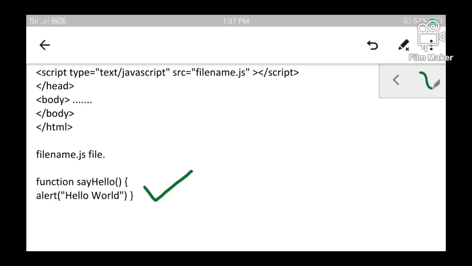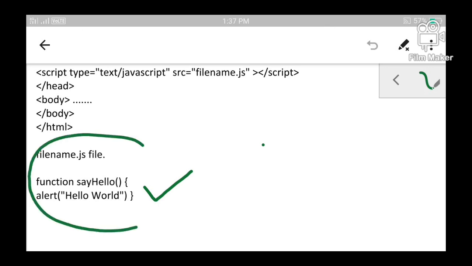Now you might be thinking, why have I not written the script tags? Script tags are only included if JavaScript is specified within an HTML document. So within an HTML document, JavaScript can be included only if it is between script elements. If I am not using any HTML document, then JavaScript can be used without the script tags.